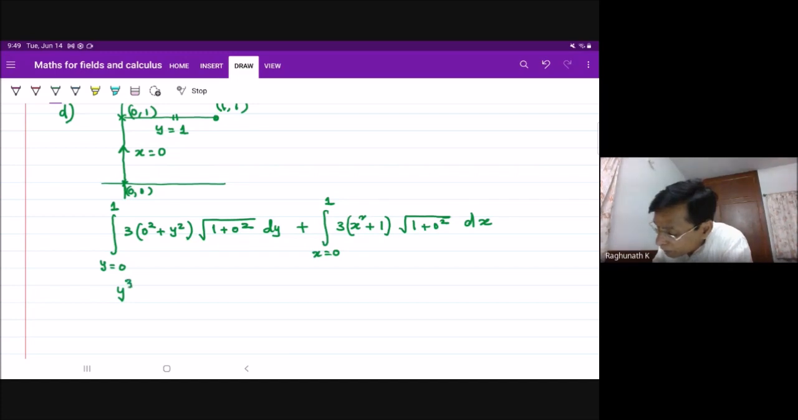Y cubed from 0 to 1 plus, this is 1 anyway. 3y squared is y cubed by 3, right? Y cubed from 0 to 1 plus